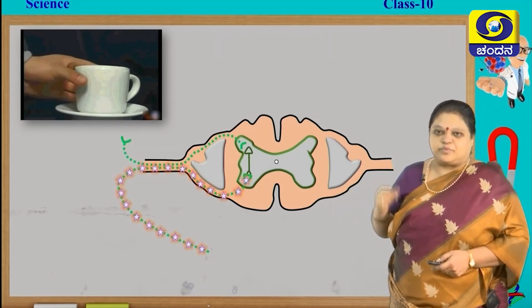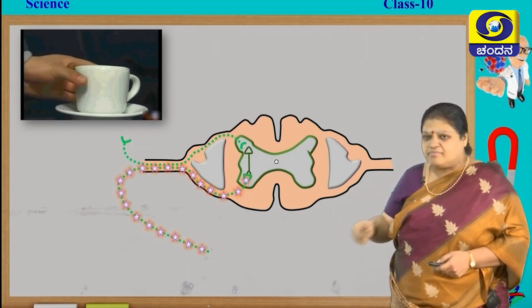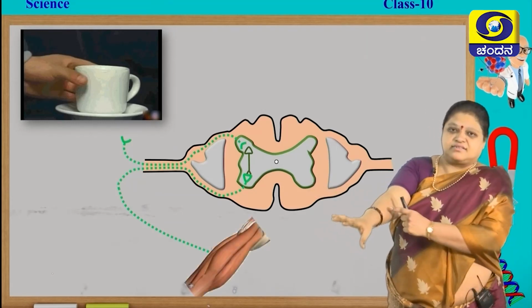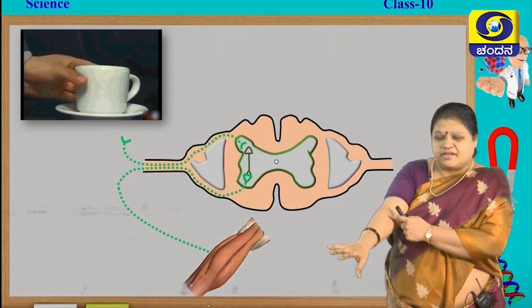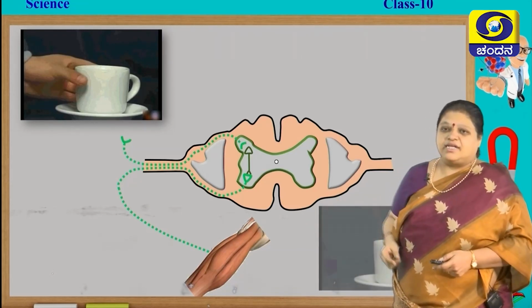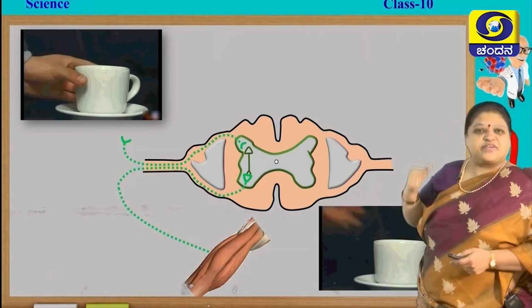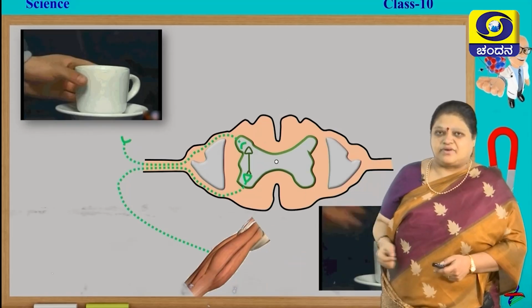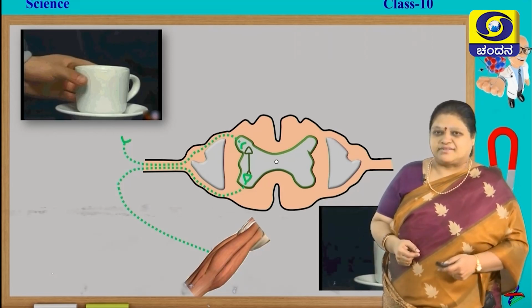From there it goes to his hand muscles, that is the muscles present in the hand, as well as the bones present here, for him to lift his hand away from the coffee cup. You understood how the whole path will go. Now, let us know how each and every part is involved and what its name is, etc.